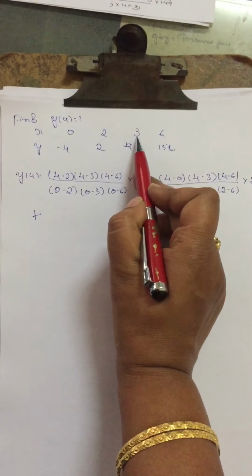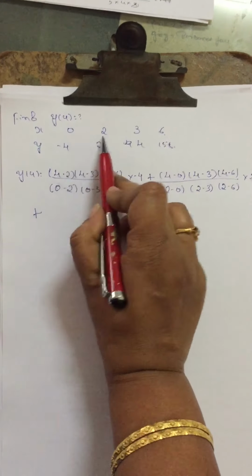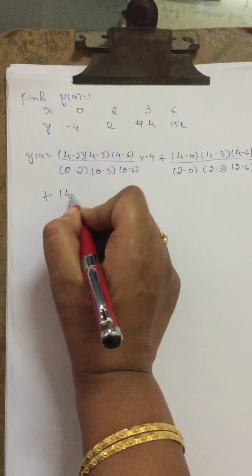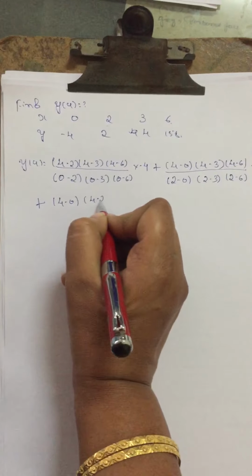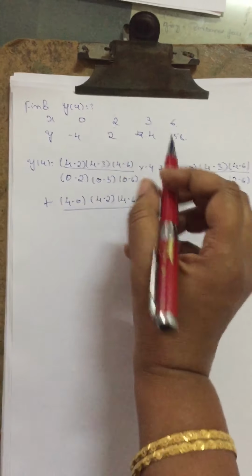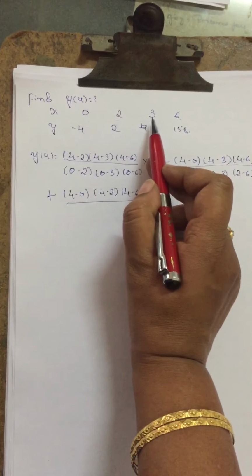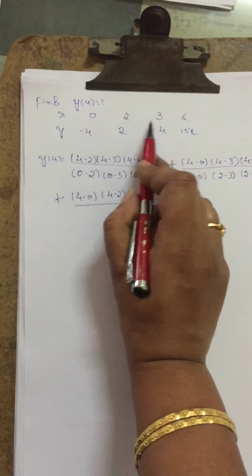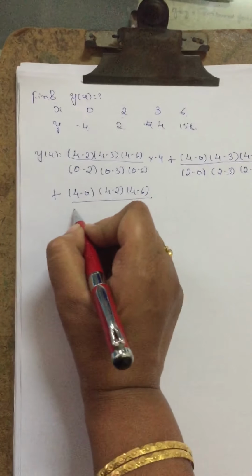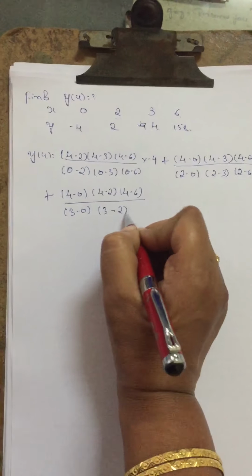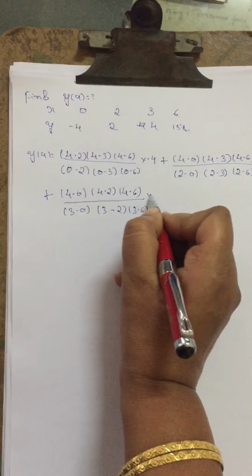In the third term, in the numerator neglect the third value; the remaining values are subtracted from 4, that is 4 minus 0, 4 minus 2, 4 minus 6, divided by, in the numerator we neglected 3. In the denominator the remaining terms are subtracted with 3, that is 3 minus 0, 3 minus 2, 3 minus 6, into